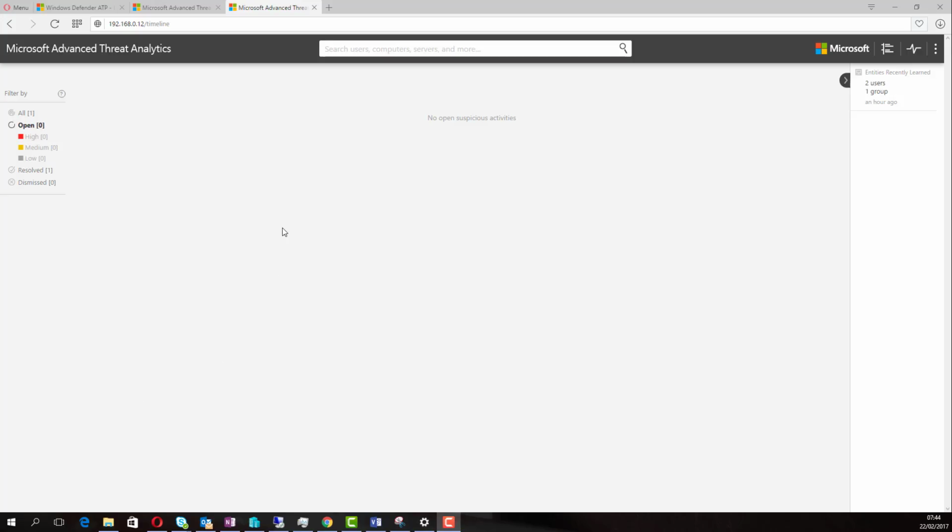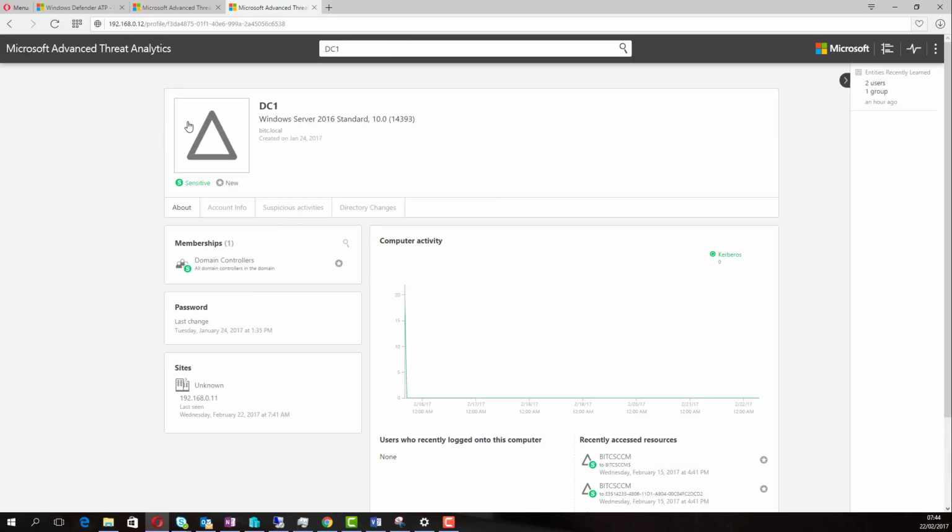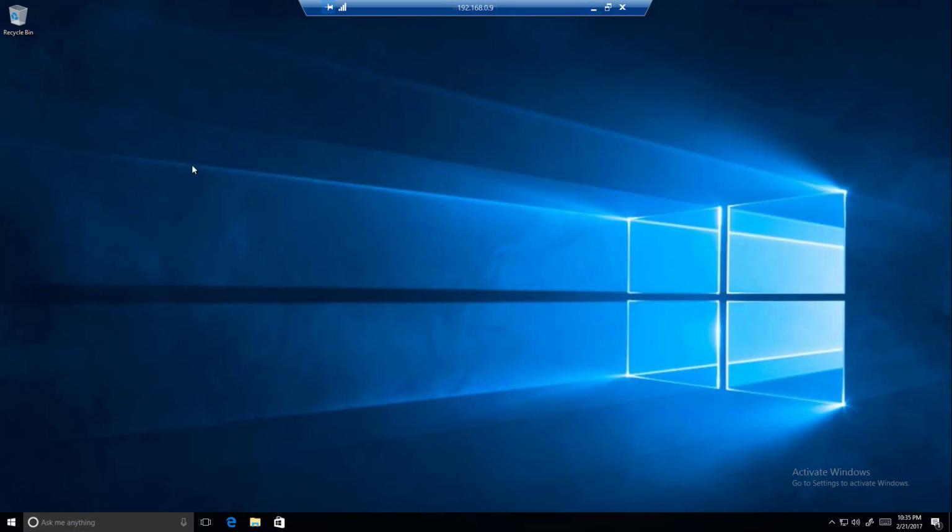So we're just having a look at the ATA console. It's installed on a server called ATA in my environment. It knows about a couple of domain controllers. It knows about DC1 and it can tell me information about DC1 that we're going to have a look at in a second. But what we're going to start off with first of all is we are going to go